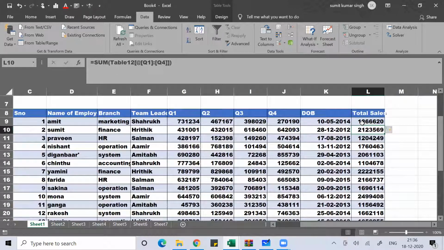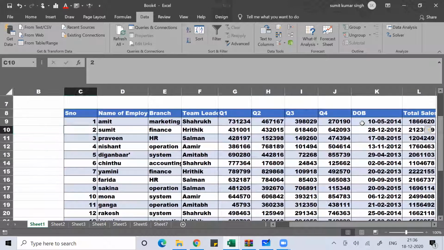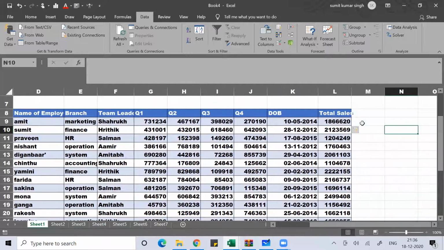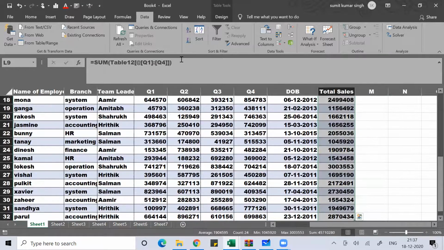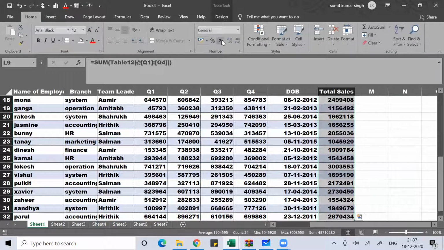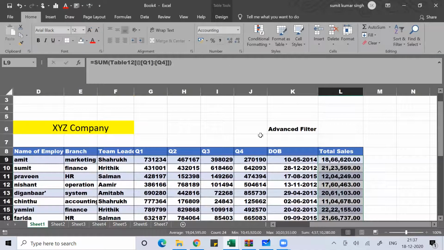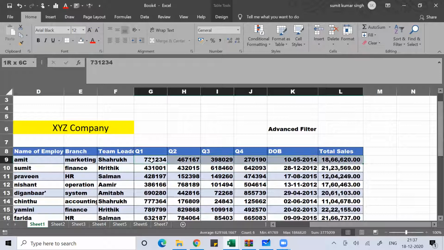In a pivot table, all this process would be very easy if you go into pivot table, you know. But here, since we are not into pivot table, and that is not the objective right now, manually we can find the total sales like this. I think nobody has any doubt on that part. So let's put commas to better understand these numbers, because too many digits make us confused. We put commas so that it looks better for us.